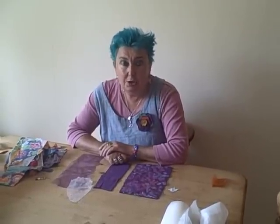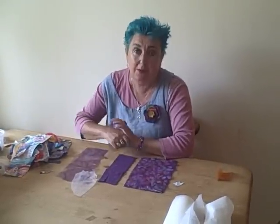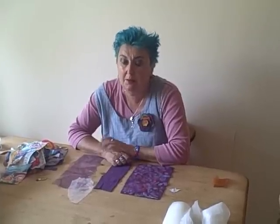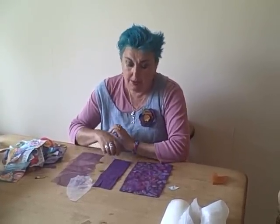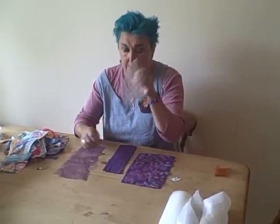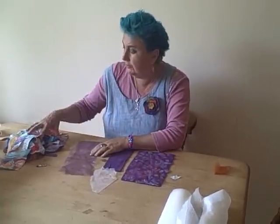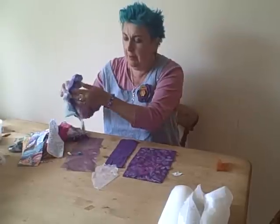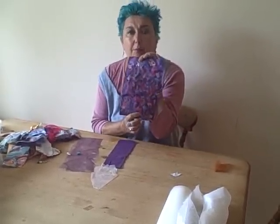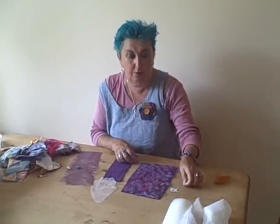Today I'd like to show you what to do with all your fabric scraps, which, if like me you are a textile artist who doesn't like to throw anything away, you will have a lot of. So with the aid of a piece of felt, some Bondaweb and some organza, I'm going to show you how to transform your scraps of fabrics, however big or small, into a new piece of fabric, which in the next tutorial I'll show you how to transform into a